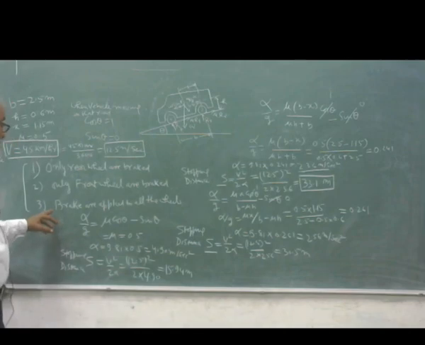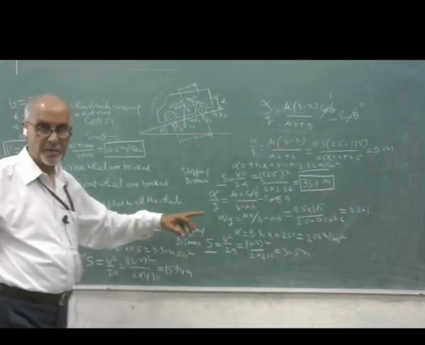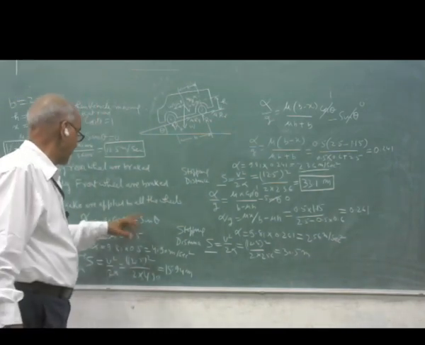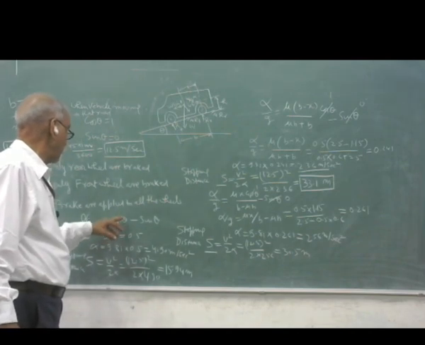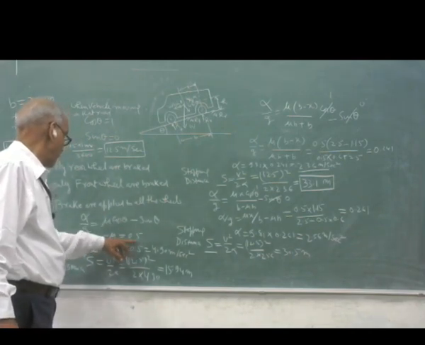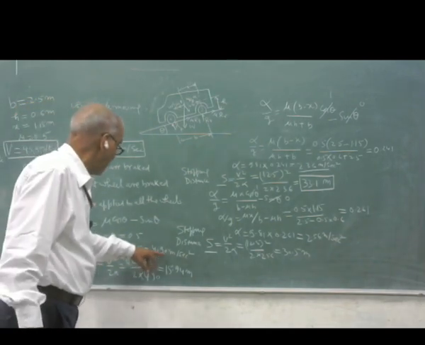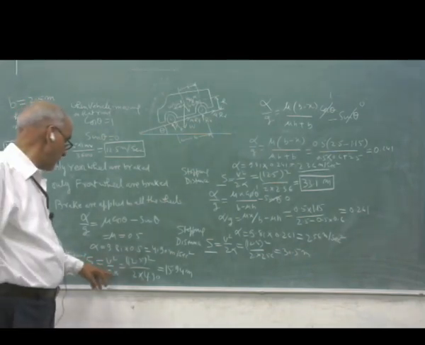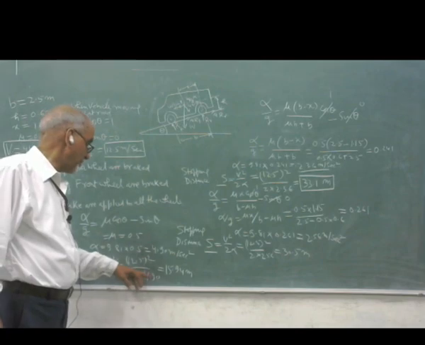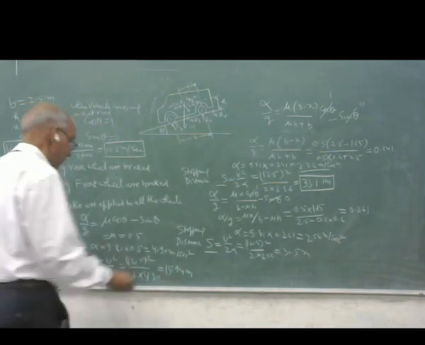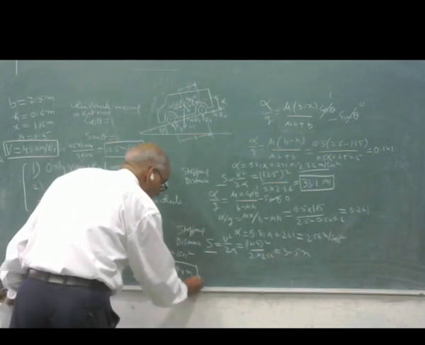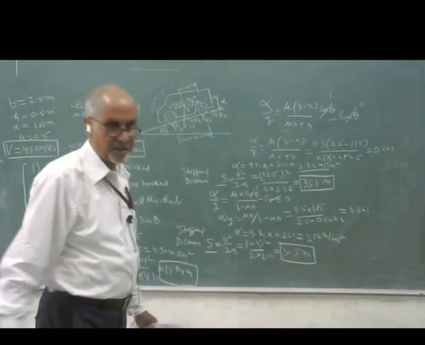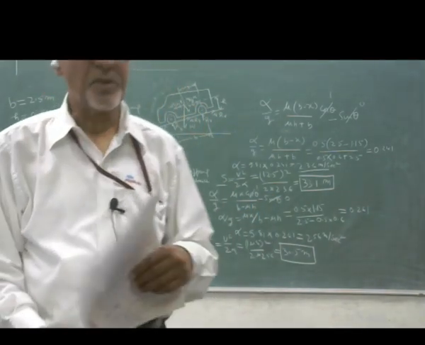Third part, when brakes are applied to all the wheels, all the four wheels, then what happens? Alpha by g is given by mu cos theta minus sin theta, and cos theta is equal to 1, sin theta 0, mu is equal to 0.5. So alpha is given by 4.90 meter per second square. Stopping distance s is given by v square upon 2 alpha, we put the value of v square 12.5 and calculated 15.94. So all the three stopping distances have been calculated. This numerical is important. This type of numerical can be asked in your final examination.